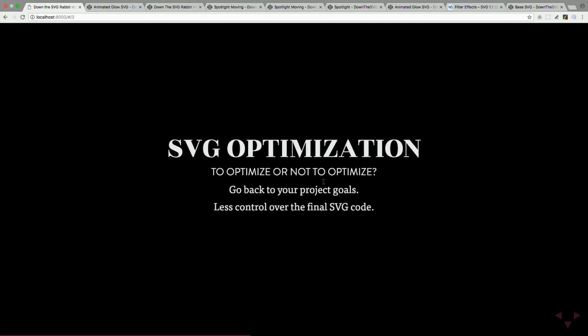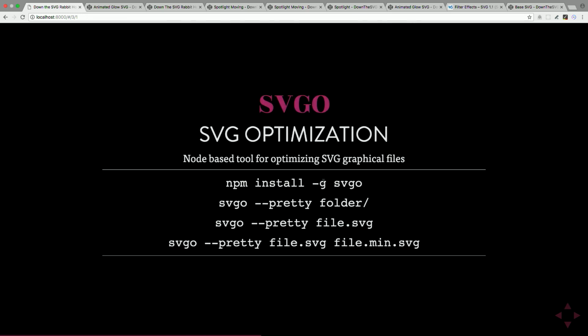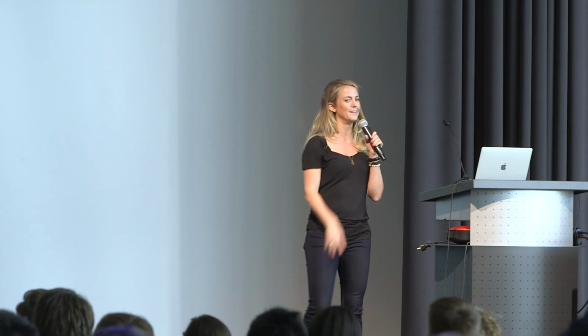So let's talk a little bit about SVG optimization. There's this awesome tool called SVGO. I'm sure that most of you use it. If you're doing crazy animations, I wouldn't really recommend it. They have done a significant amount of work. I'll explain. Unless you took the time to go through all those steps that I talked about within Sketch, SVGO actually will prevent you from being able to modify the SVG in the way that you need to later on. So you can use SVGO and do these animations and effects later on, but you want to make sure